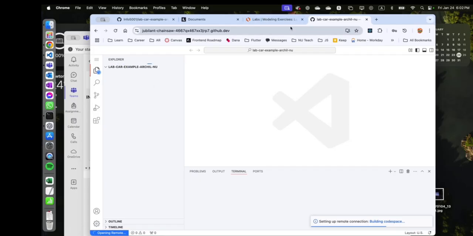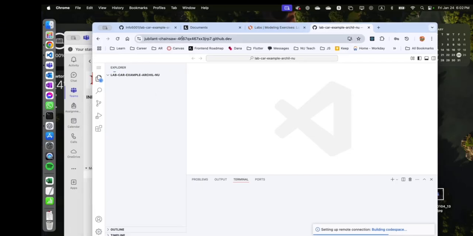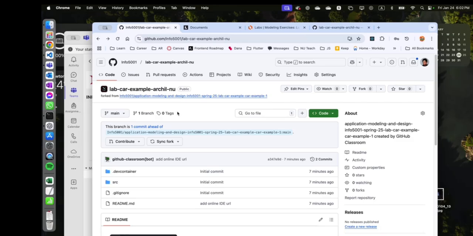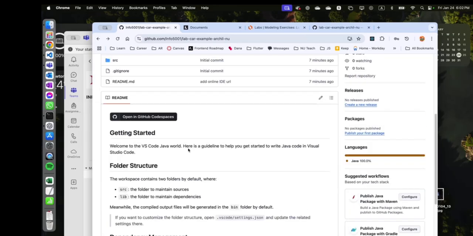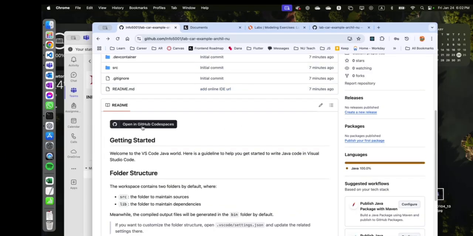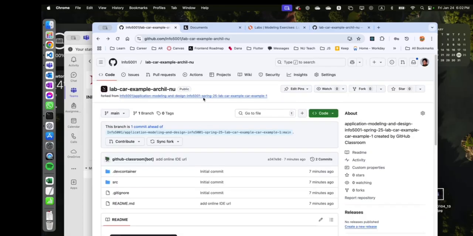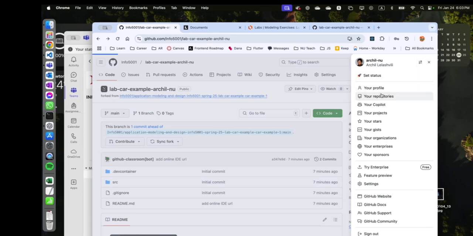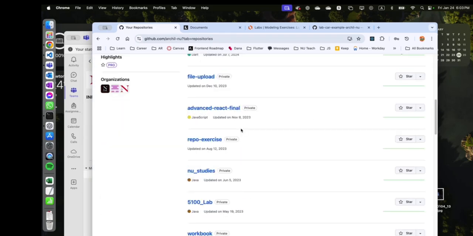Okay, and so I will be starting with this empty code. So this is the actual repo. If you want to open it after you have already accepted the exercise, the link to open it is here as well, just when you open the repo. So it would be in, if you check your repositories, I think